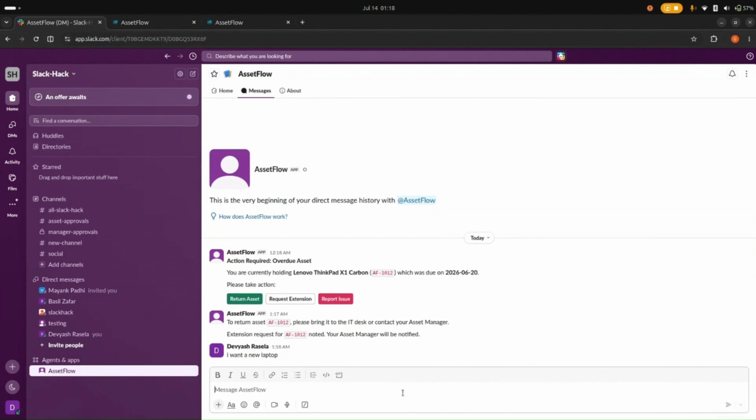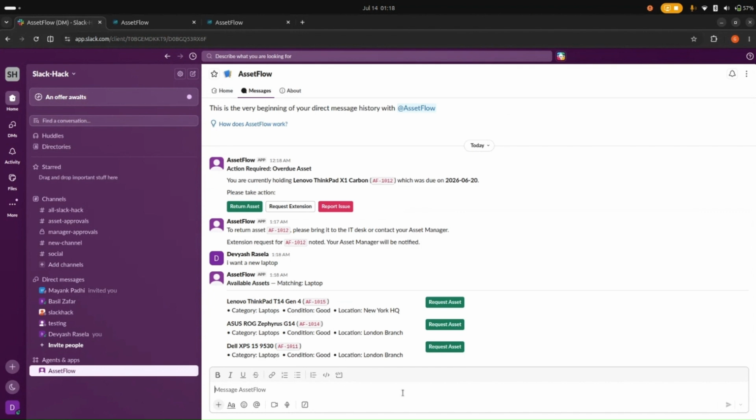I want a new laptop. And this is the response which is generated. As you can see, there are three currently available laptops which I can request. There is a green color button at the end of each laptop, and when I click on one of them,